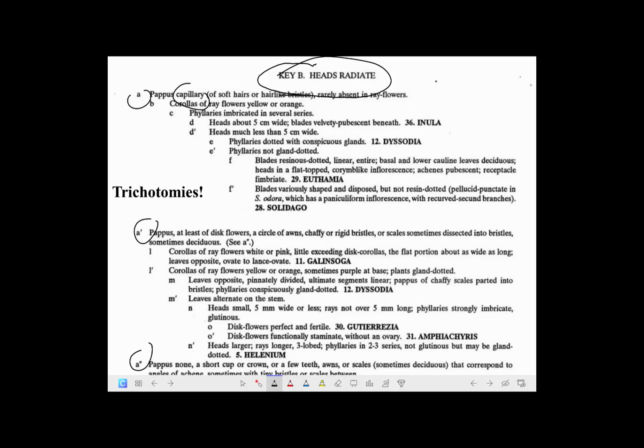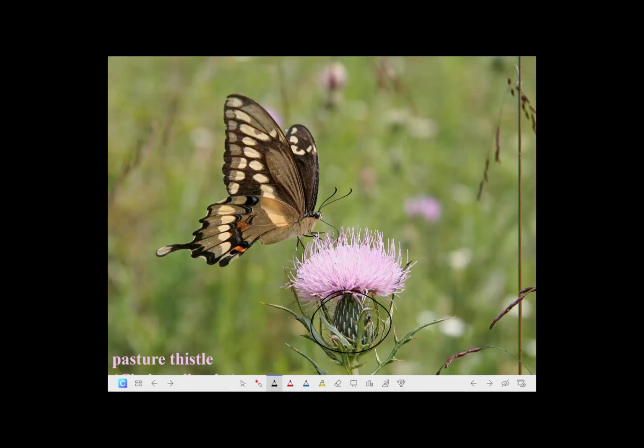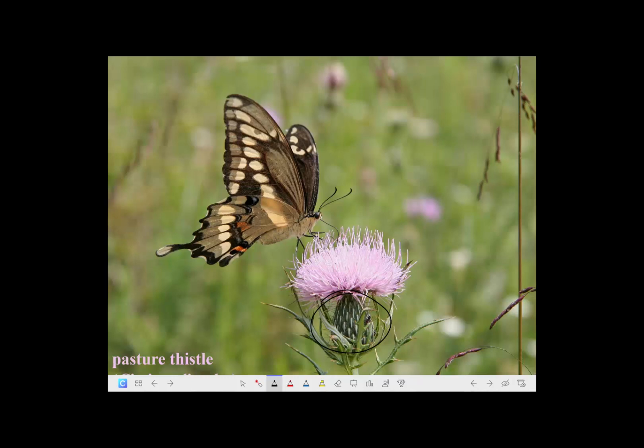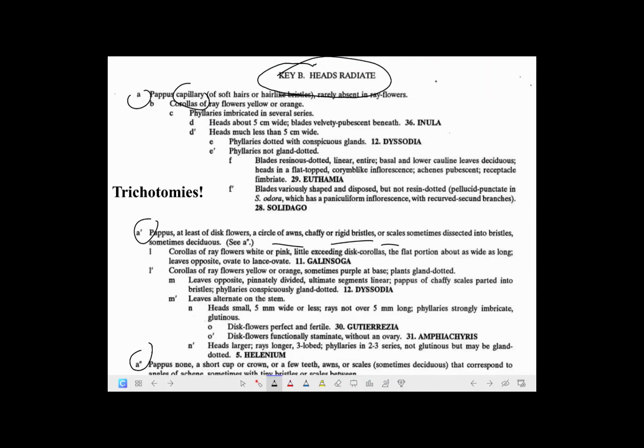I don't think so. Is it a circle of awns, or a circle of bristles, or a circle of scales? No, I remember it's those two. I'm going to go back. Here. It looks like there's just two awns that make up the pappus. Okay, so I'm going back to where we were. And down here at the bottom, it says pappus none, a short, or a few scales, and that's what it is. So it's the third choice here,